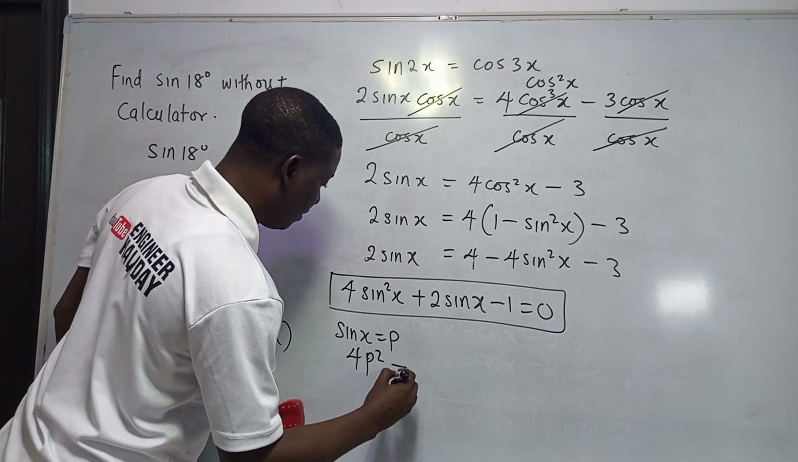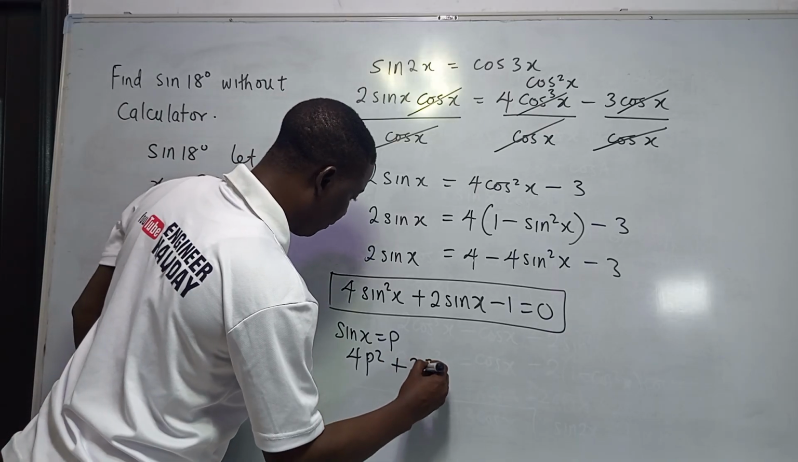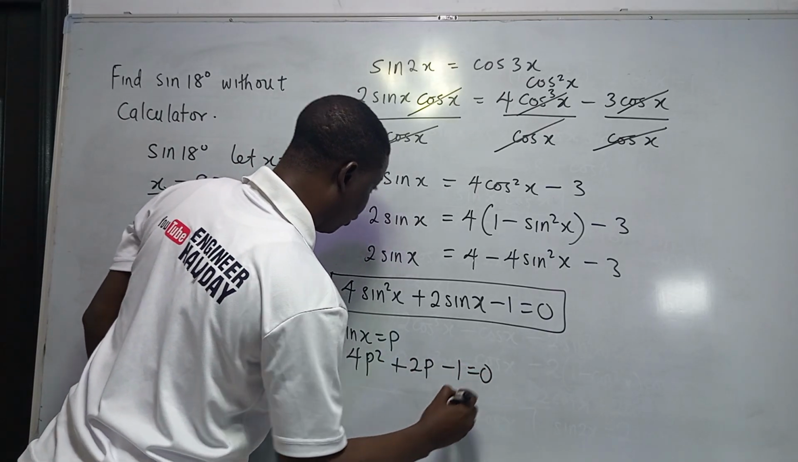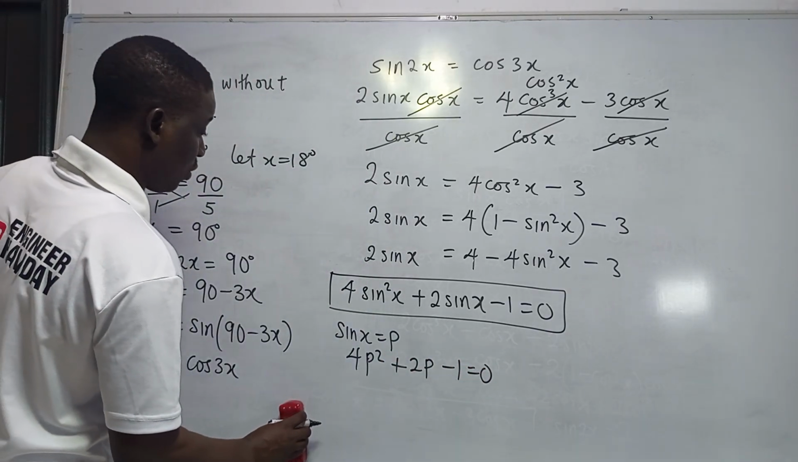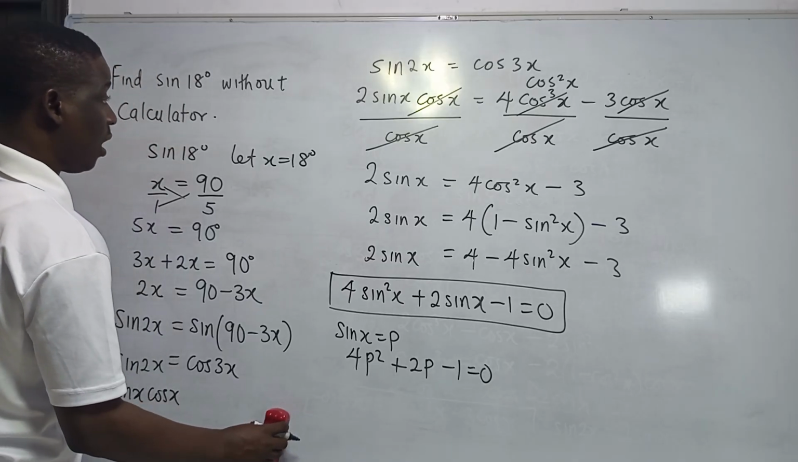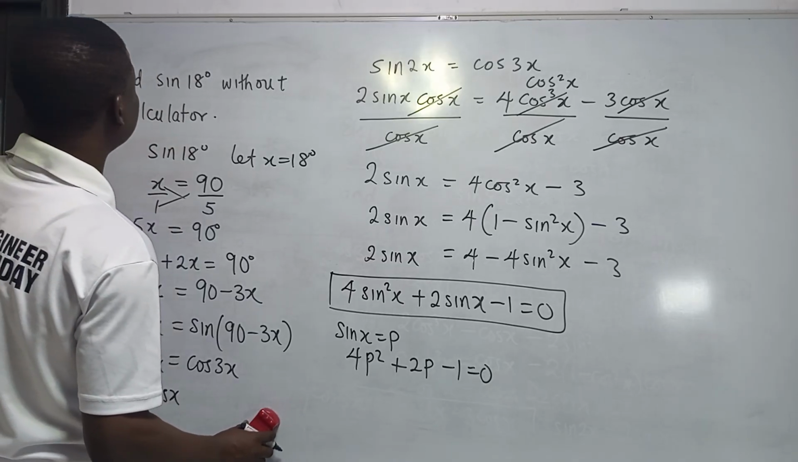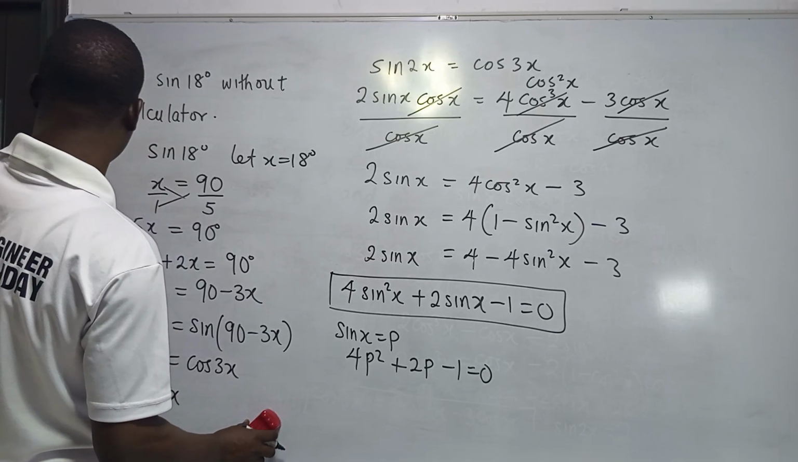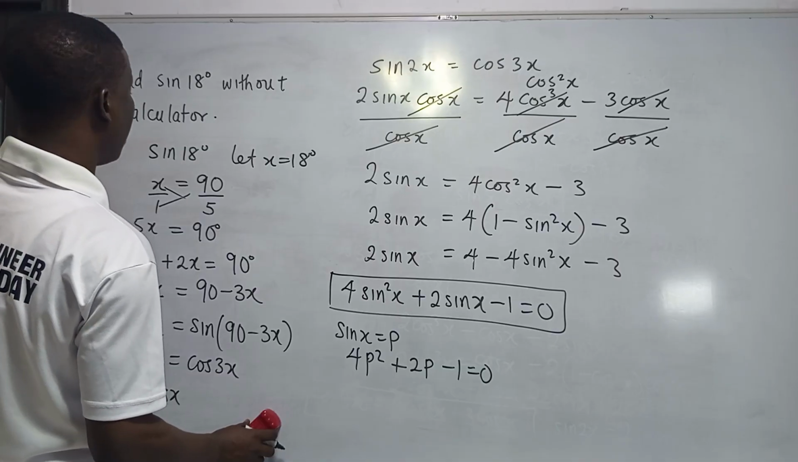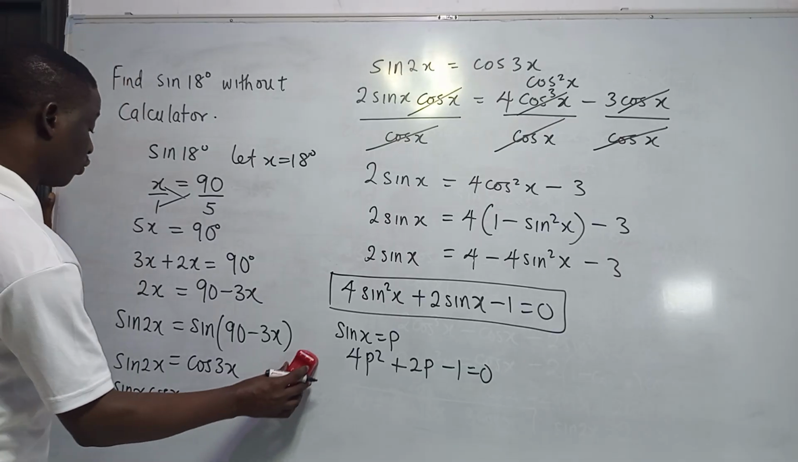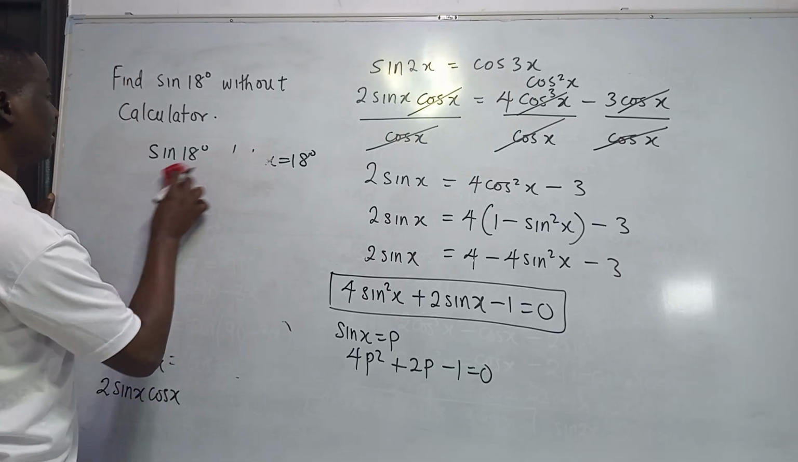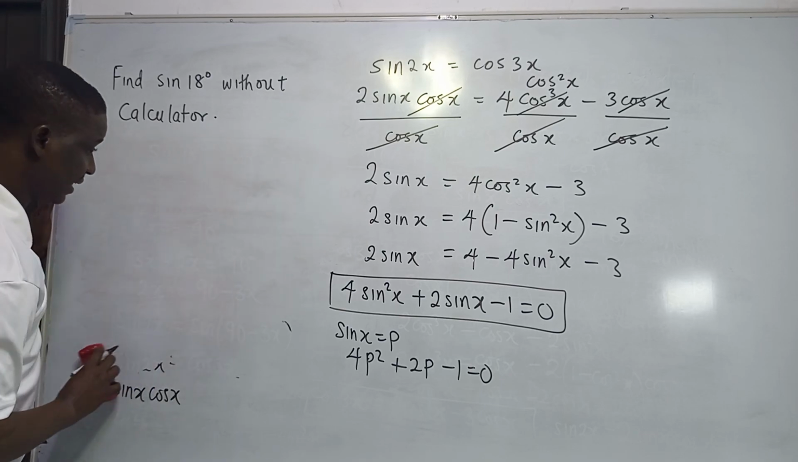4p squared plus 2p minus 1 equal to 0. So in that case, this is our quadratic equation. Since we have gotten our quadratic equation, we can now move ahead to solve for the final answer. So now sine 18